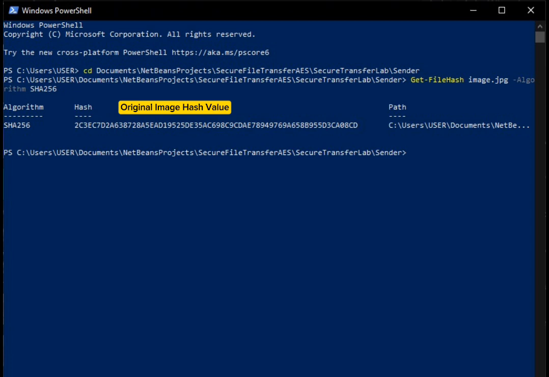So here I changed. I put cd documents / netbean projects secure file transfer AES secure transfer lab and sender. So it leads all to the sender folder for the terminal to run the process of getting the hash file. Then we write the command Get-FileHash image.jpg -Algorithm SHA-256. We have to write it in SHA-256 and not